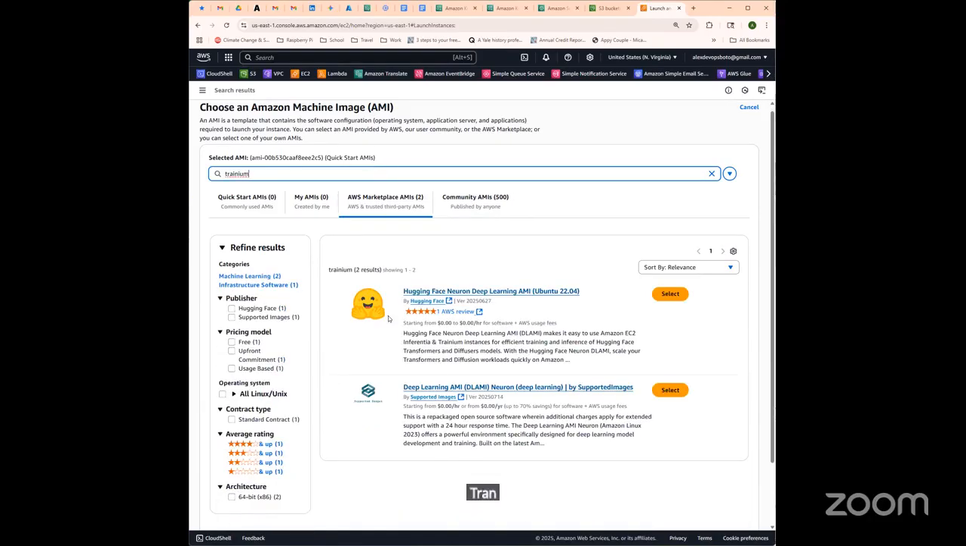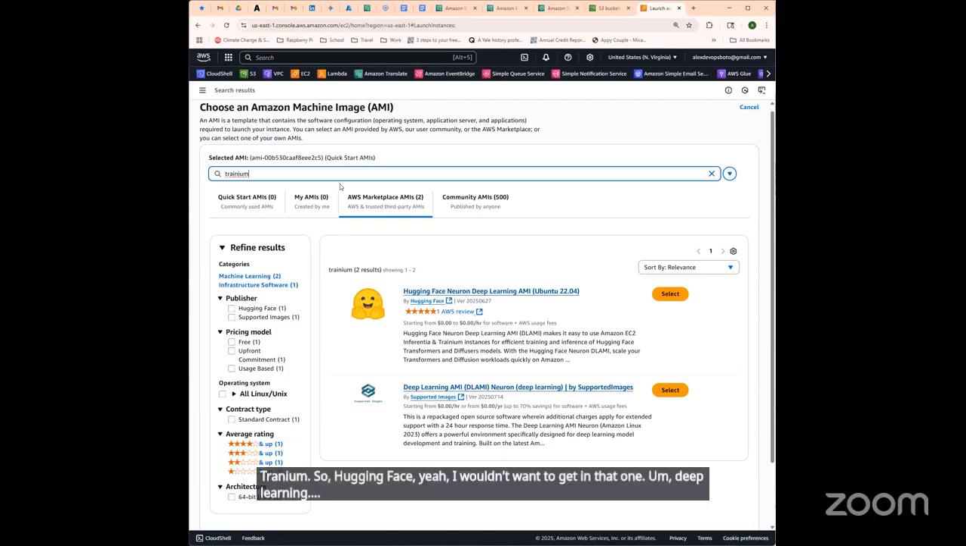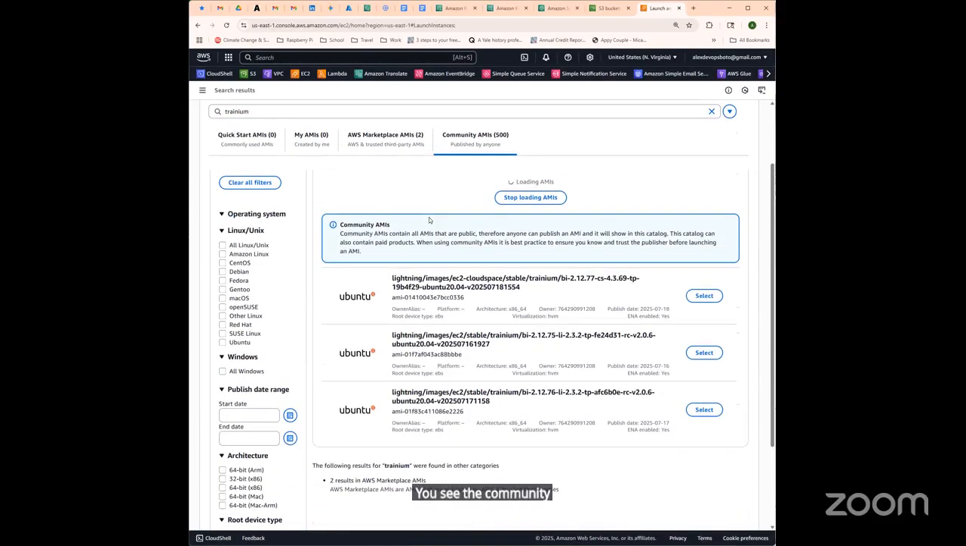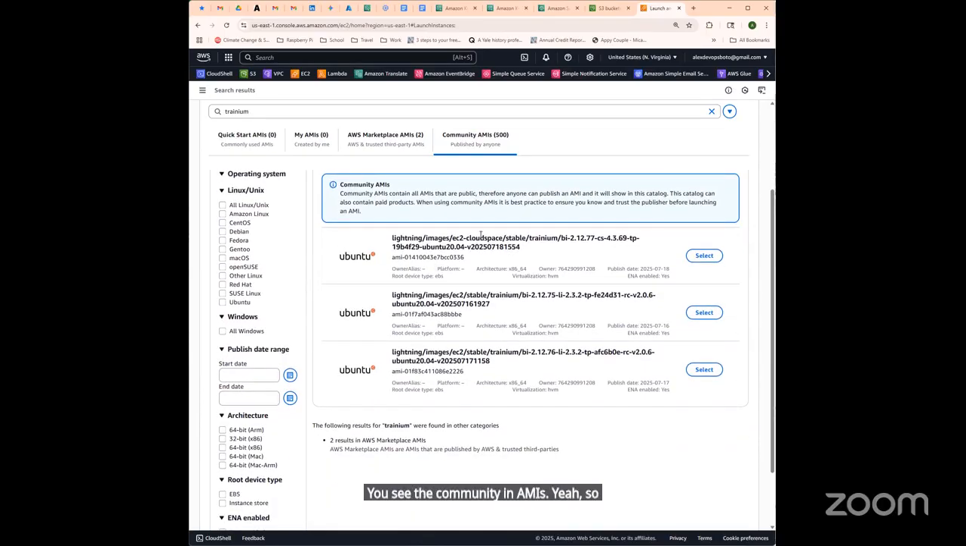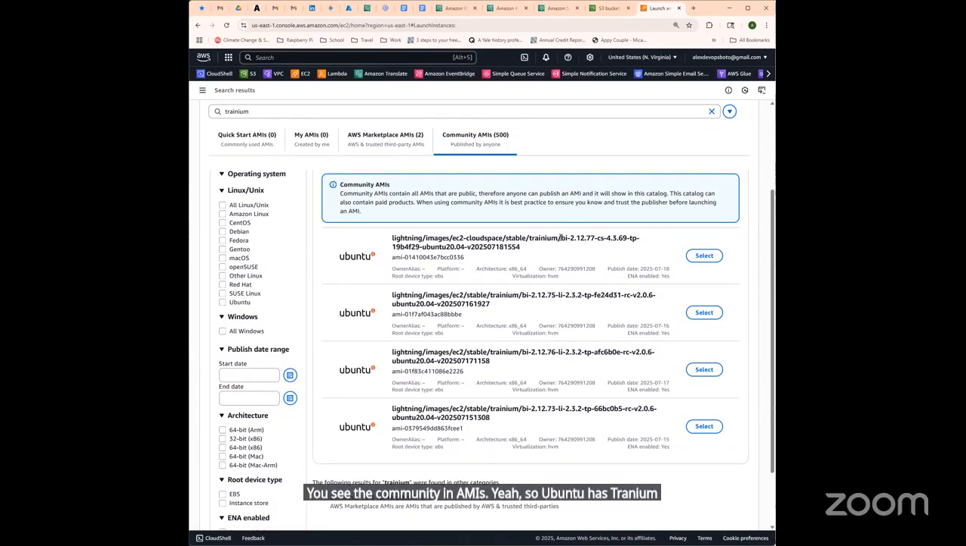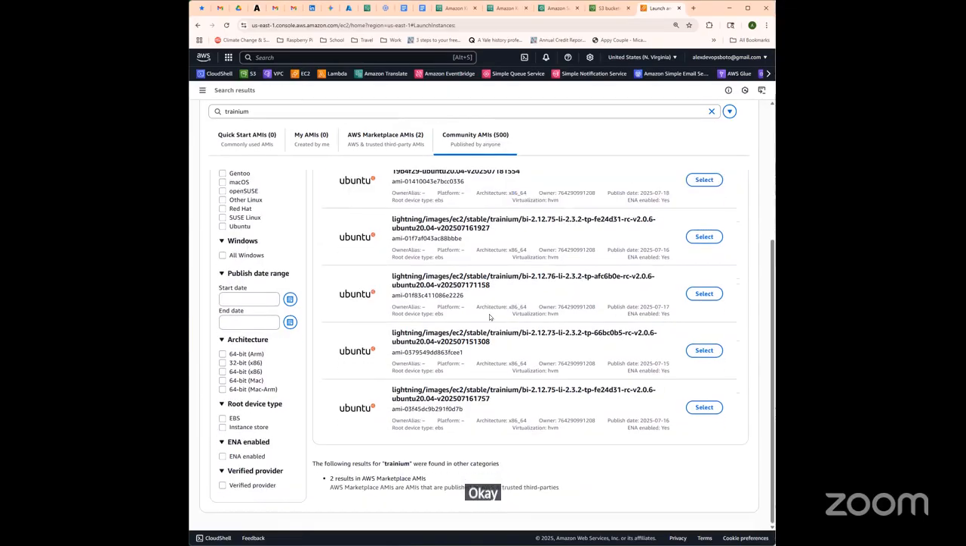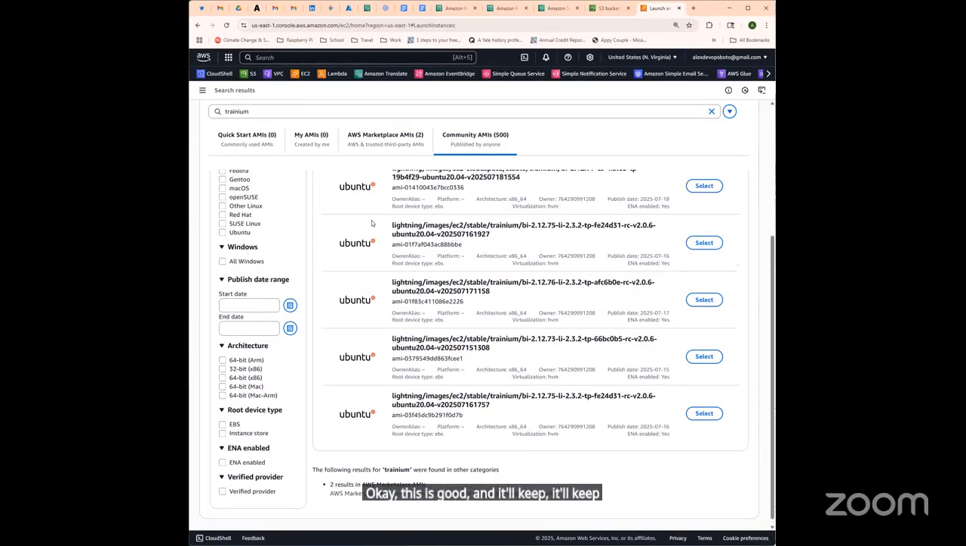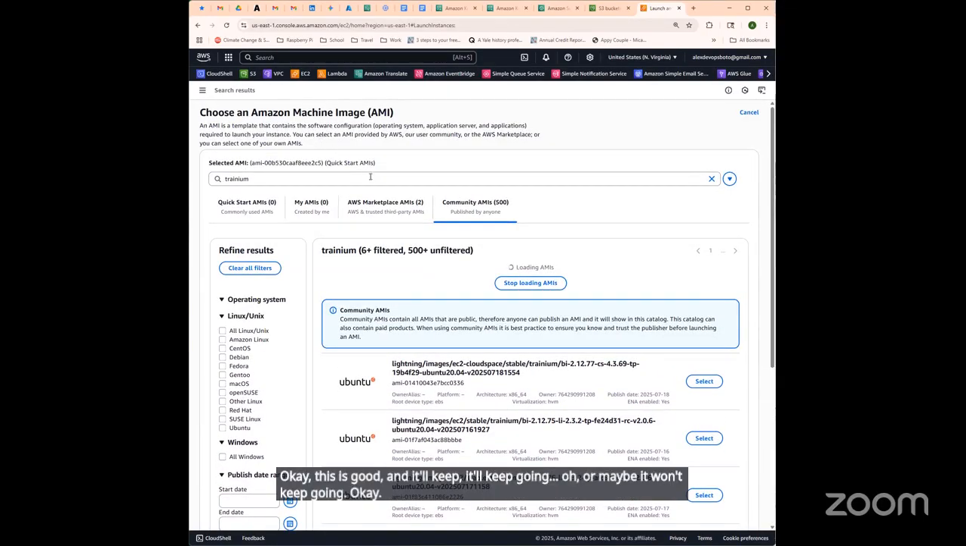Trainium. So Hugging Face, I wouldn't want to get into that one. Deep learning. Let's see the community AMIs. Yeah, so Ubuntu has Trainium here. Okay, this is good, and it'll keep going. Oh, or maybe it won't keep going. Okay, and then you have